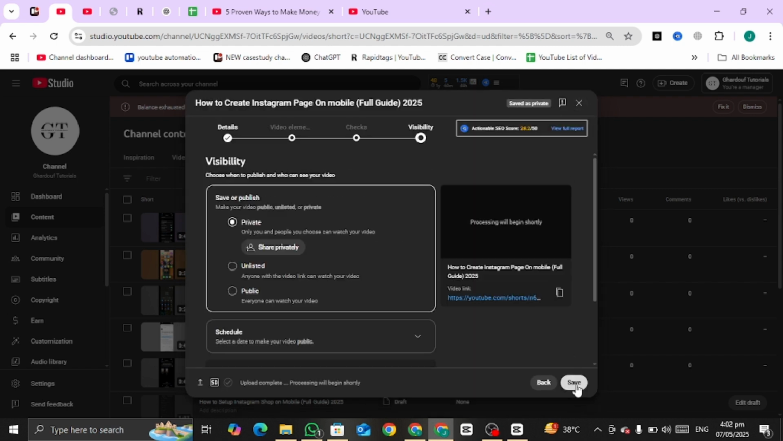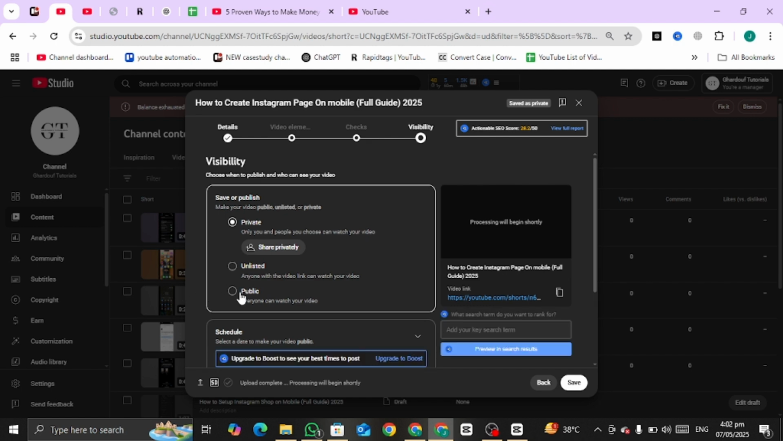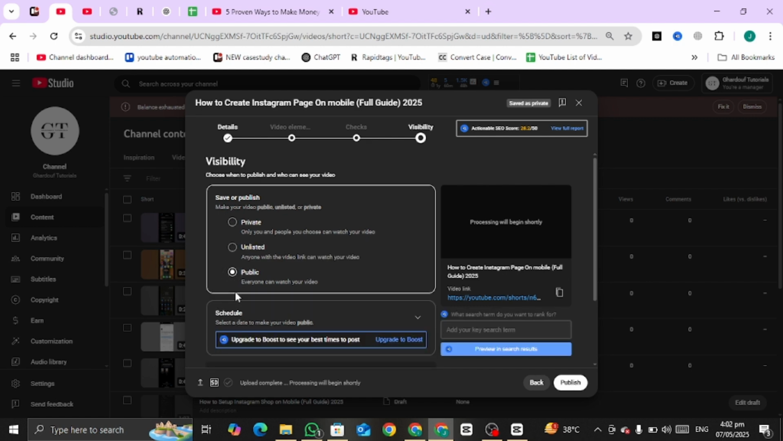Just click on next and again next. Now click on public, and after clicking on public and after all the things have been completed, you can easily click on publish and your